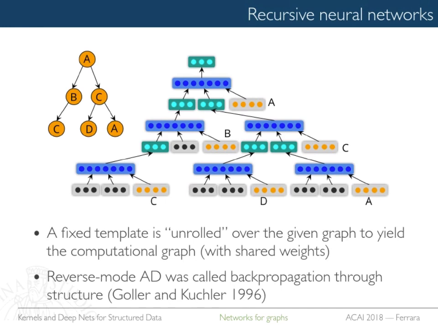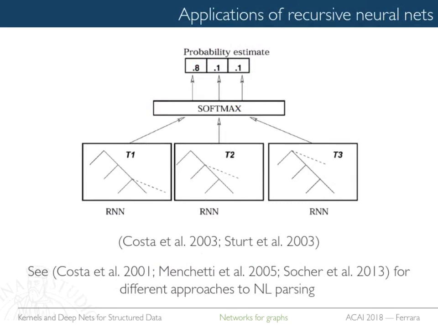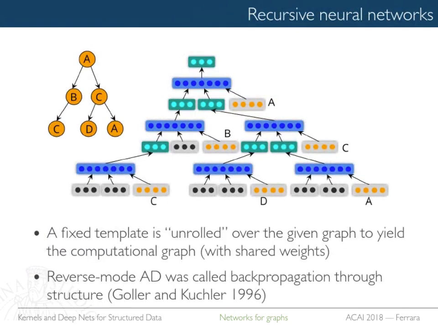Okay. So for some graphs, the order of children is given in the specification of the problem. This is the case, for example, in parse trees, because in parse trees, the children are ordered naturally. So you know exactly where to put the children. Right? You also have to put a limit on the maximum number of children, because that would be the number of inputs to your neural network here. How many? Well, you have to decide in advance. You can say, well, I only accept 5 children, and if I have more, you truncate.